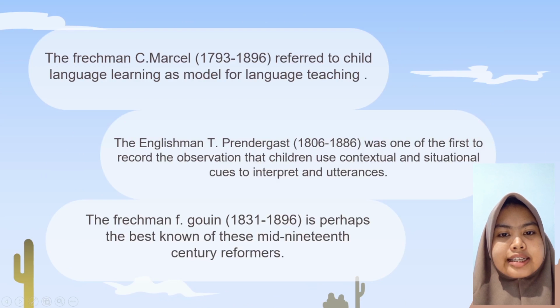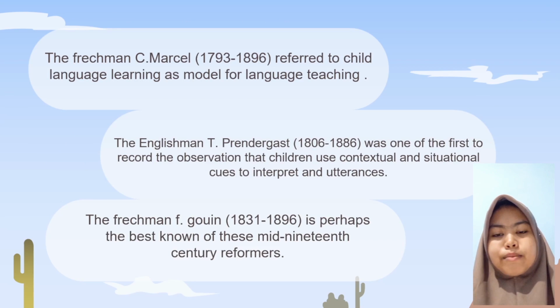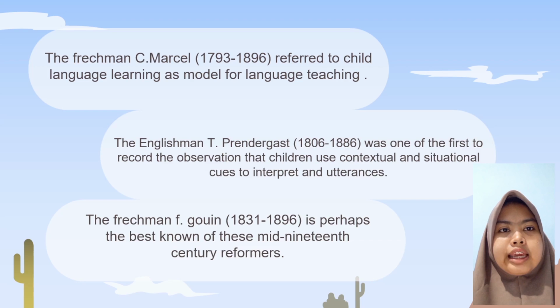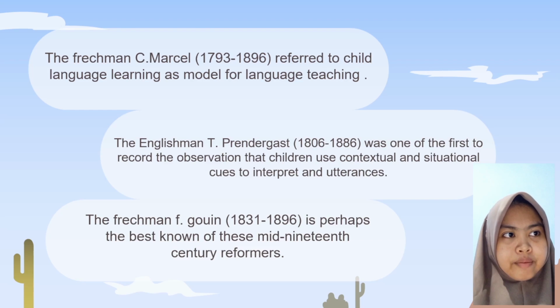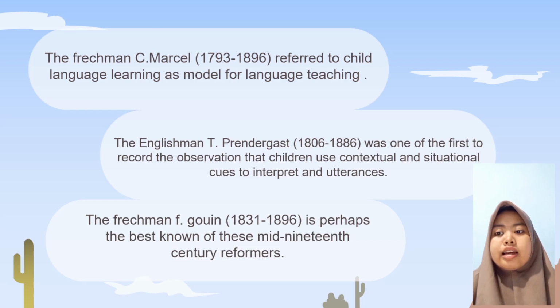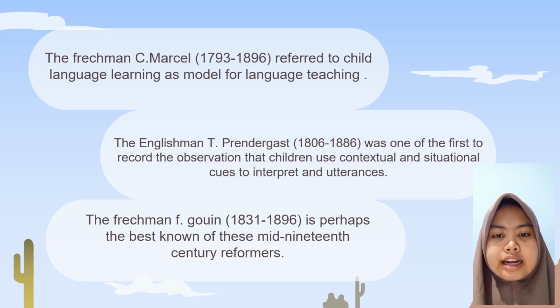The Frenchman C. Marcel, 1793 to 1896, referred to child language learning as a model for language teaching. He emphasized the importance of meaning in learning, proposed that reading be taught before the other skills, and tried to locate language teaching within a broader education framework. The Englishman T. Prendergast, 1806 to